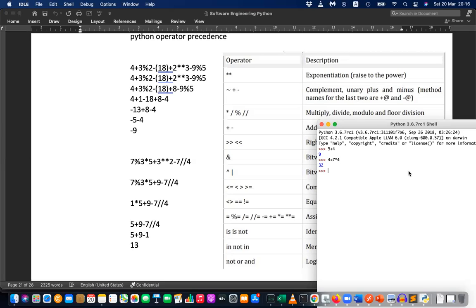And unary operator means, if something is unary, then binary means you have 2. Here, 5 into 7 is binary. At least you need 2. 5 into 7 minus 10. You can see 5 into 7 and then minus 10. That is called binary. So these are called binary operators. Binary means 2 operands are participating, and the operator is between these 2 operands. We call it a binary operator.